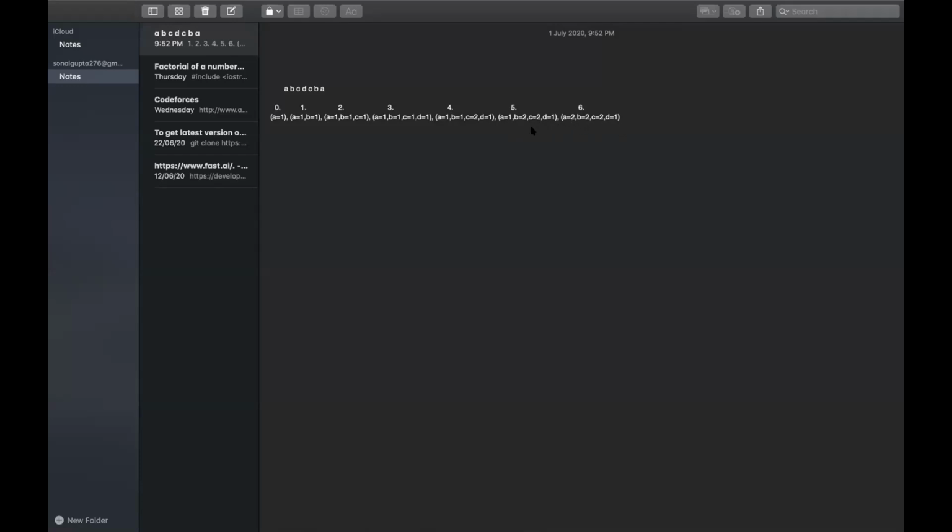So if you now see at the 6th index, we have A equal to 2, B equal to 2, C equal to 2, and D equal to 1. So these are all even, so we don't need to check them, and one odd is fine. We can have one odd in our string to make it a palindrome.